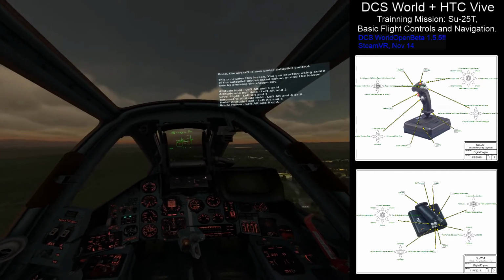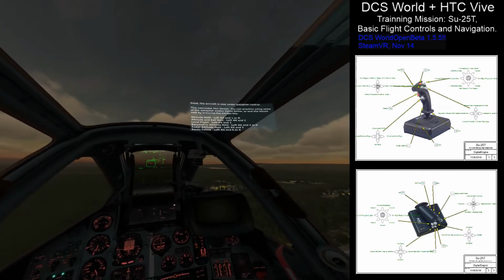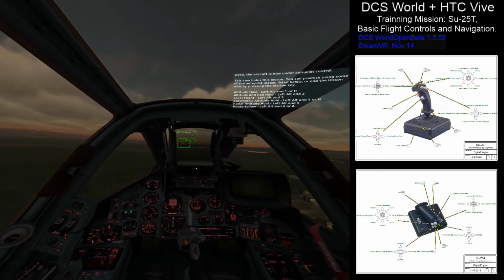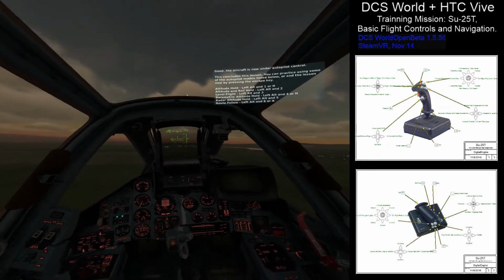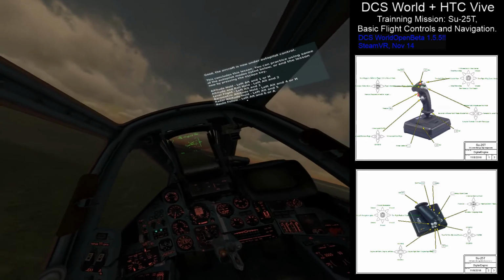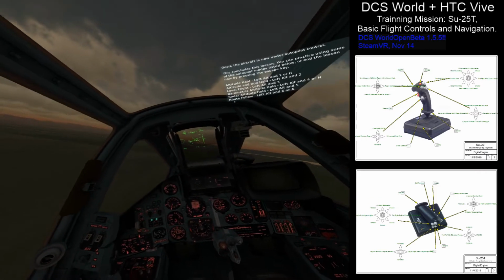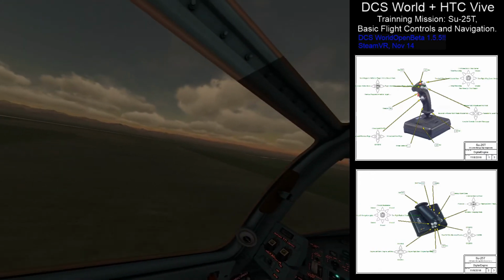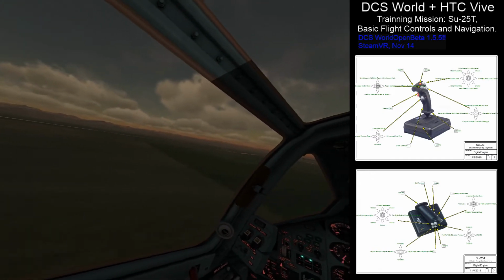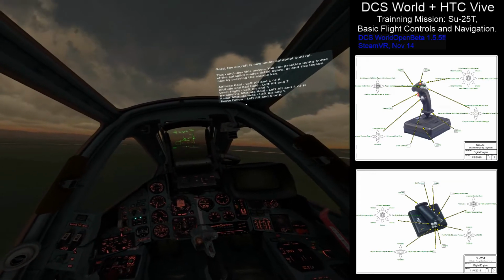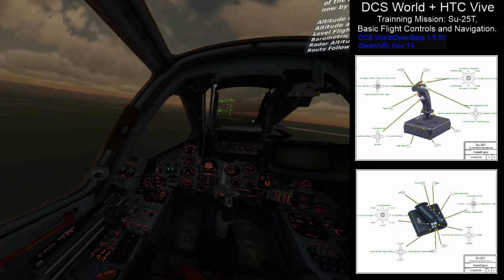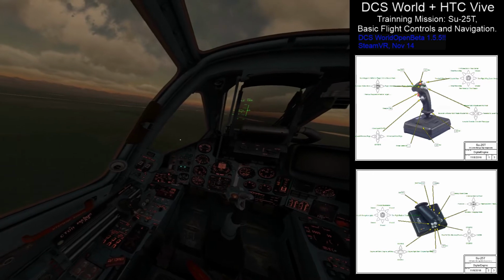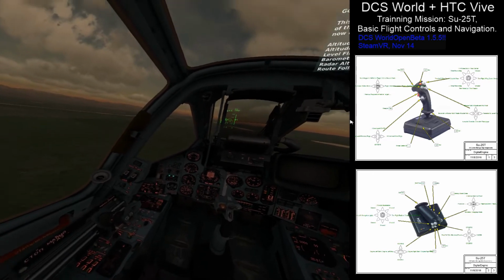And I will continue to fly this mission. And I'll go over to the list of autopilot modes that are shown above us. What I'm going to do is turn out to the left over this valley to practice these autopilot modes. Now first we're in the route following mode, which is indicated by the number 1 and number 2 ACS push